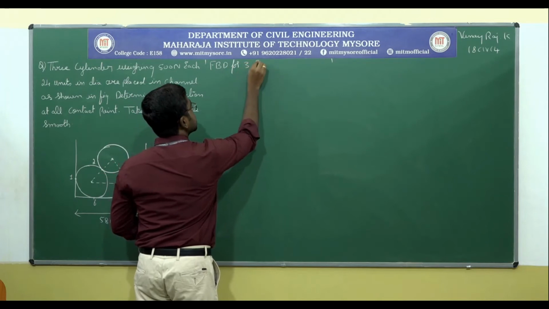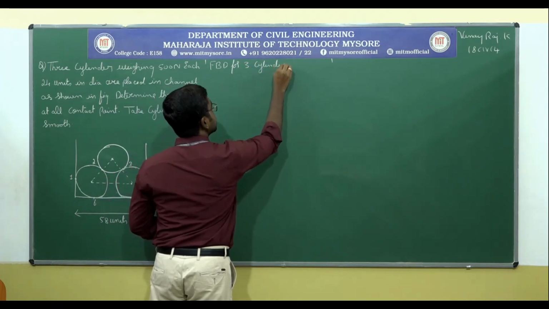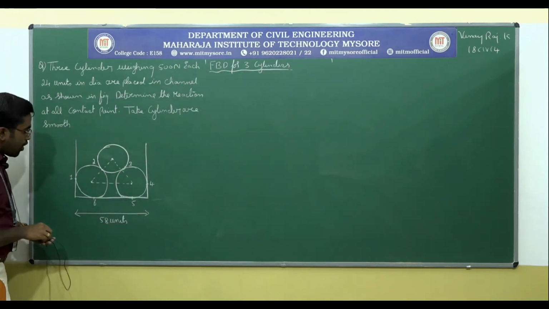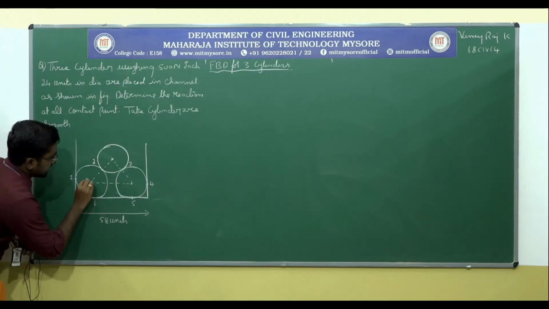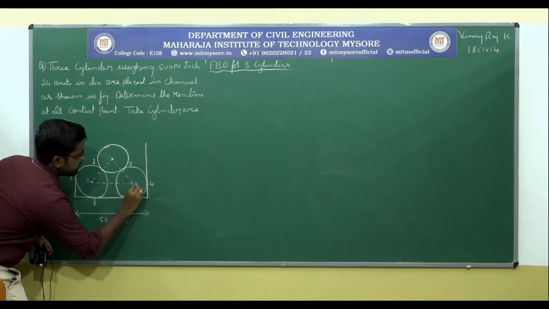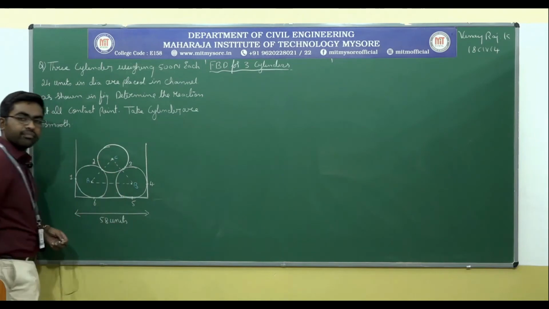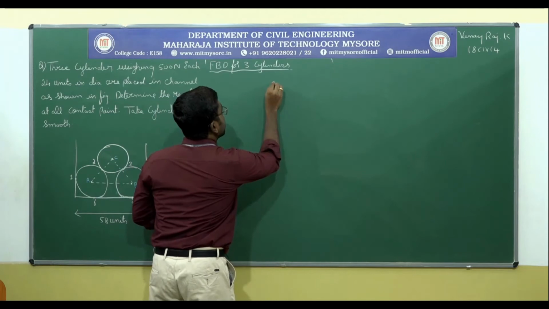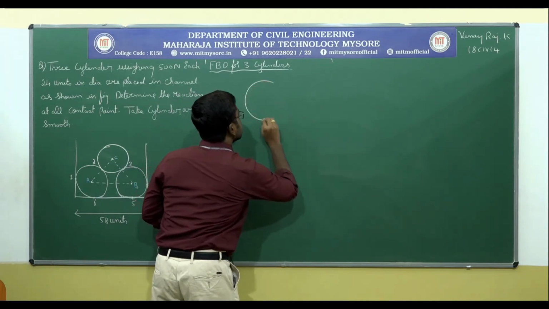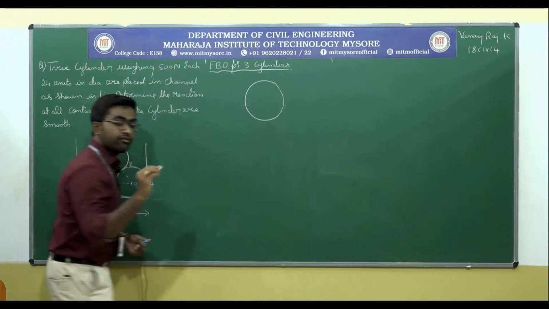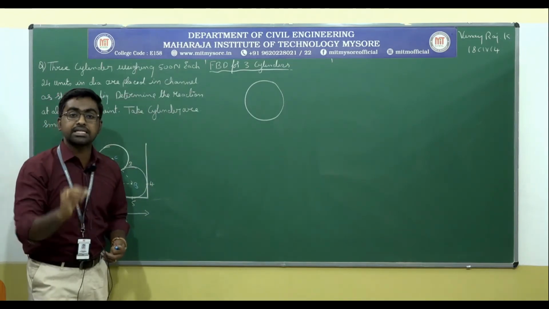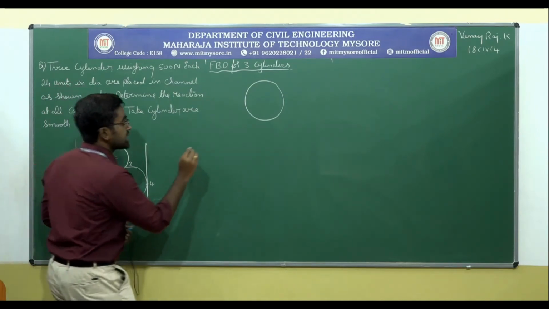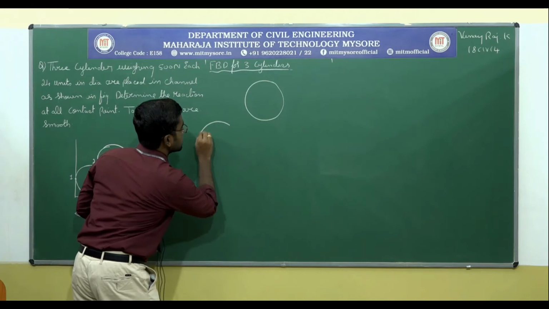for 3 cylinders. So let me mention the points: the center point of the cylinders, let it be A, this is B and this is C, right? Now I need to draw the free body diagram considering all 3 cylinders simultaneously, but you have to give some gap between the cylinders in order to mention the compression, right? So these points I have already told in all the previous sessions, right?